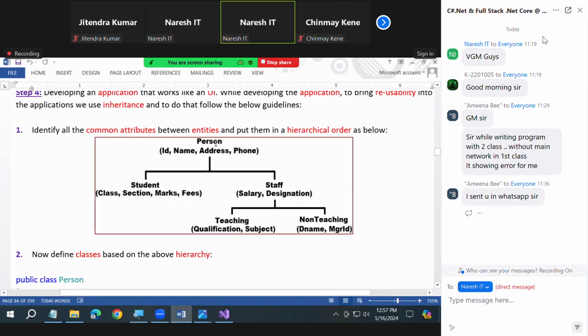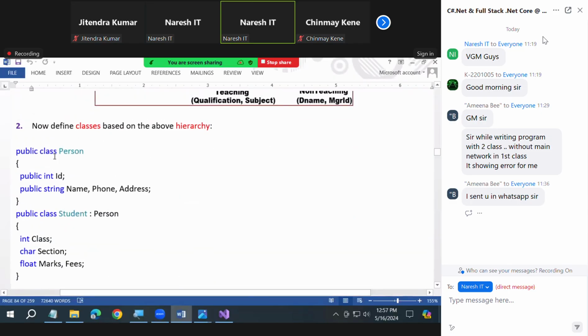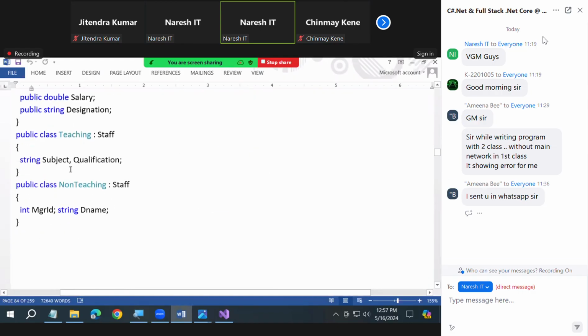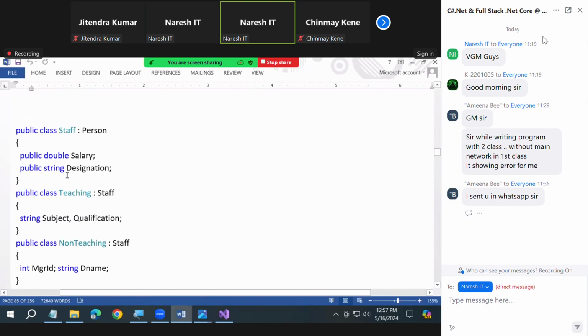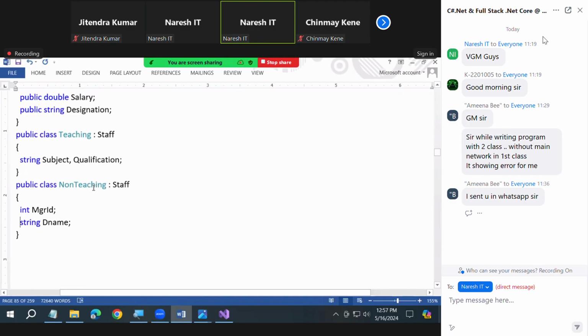Yes or not? Okay. See, the number of classes may increase, but the code is modular. Modular in the sense broken into small pieces for better integration. Are you getting me or not? Okay, so like this, now I defined all the classes: person, student, staff, teaching, non-teaching. And I separated the attributes for each of them. Are you guys clear or not? This is the way how inheritance